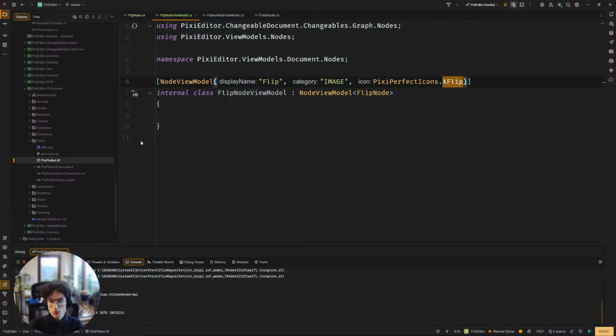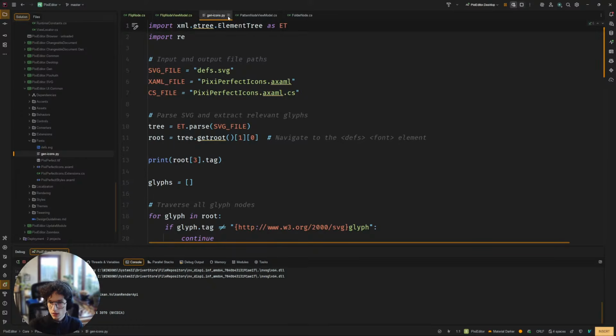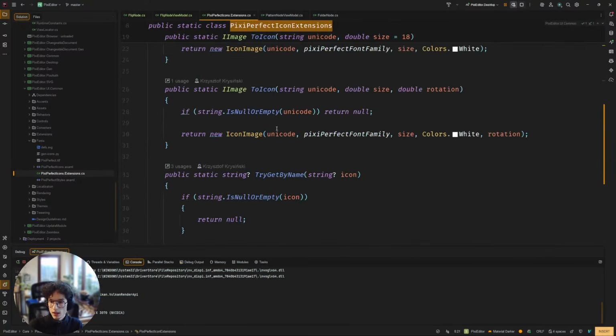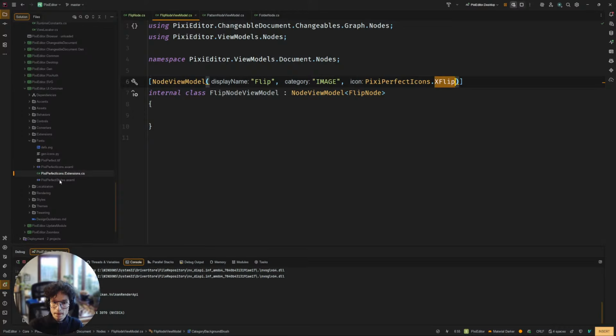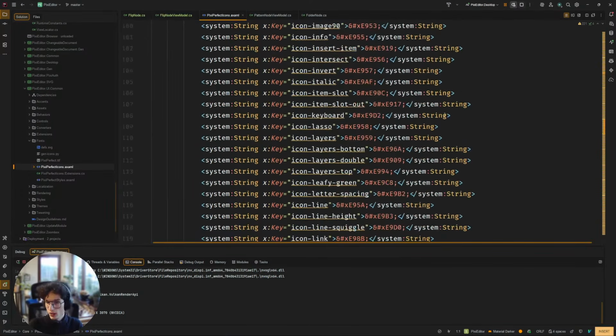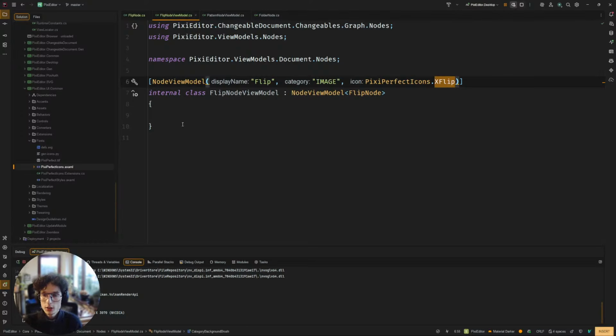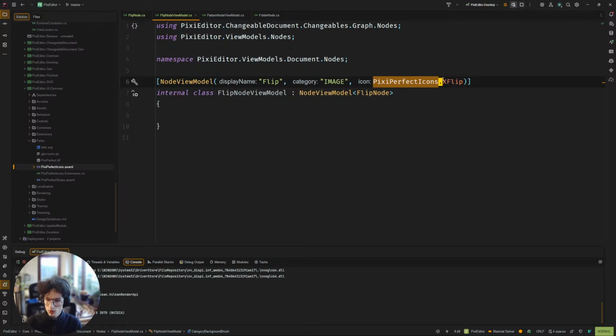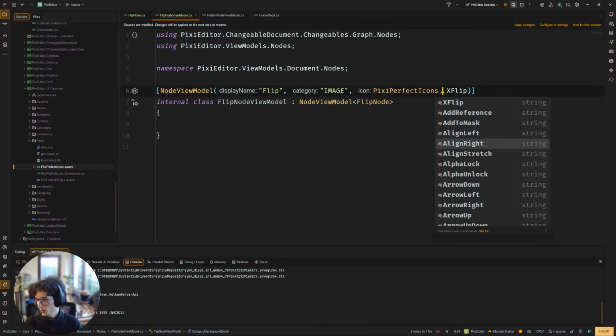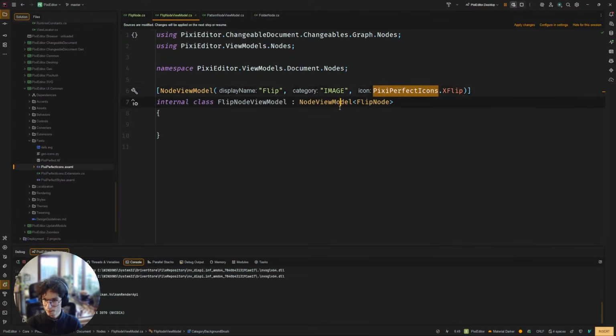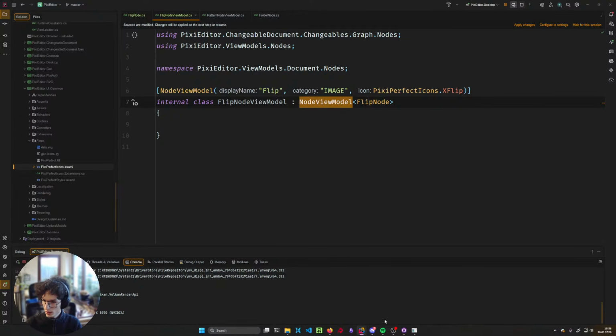Once you move it there, then there is a generate icons Python script which you need to run, and it's gonna recreate every icon in the PixiEditor codebase. It's automatically gonna get generated, so you will be able to access it via PixiePerfectIcons. This basically. So yeah,